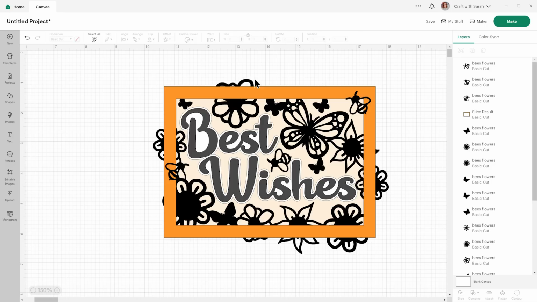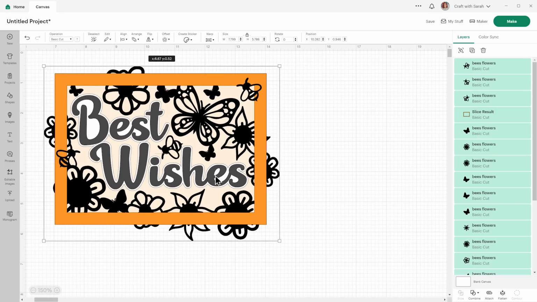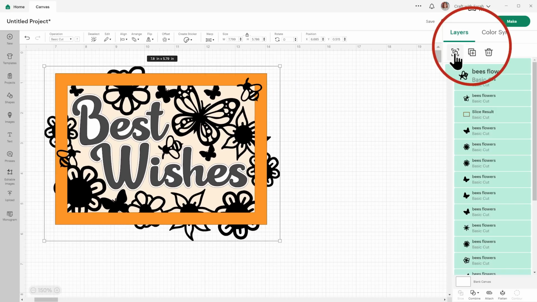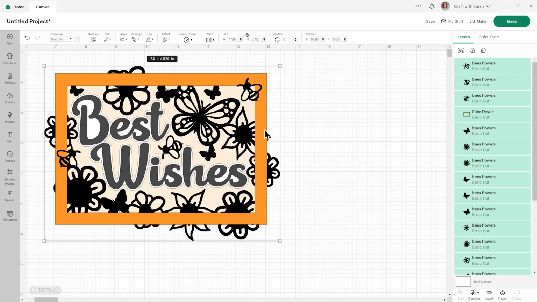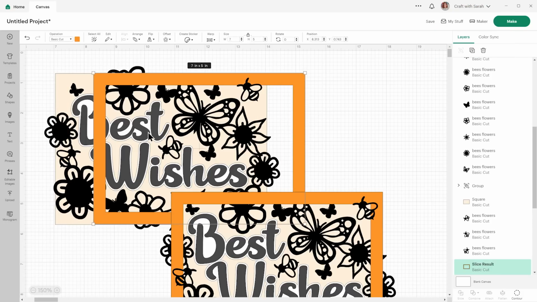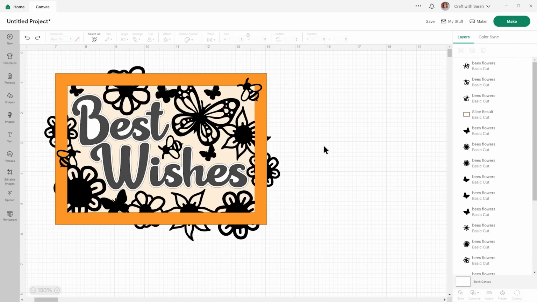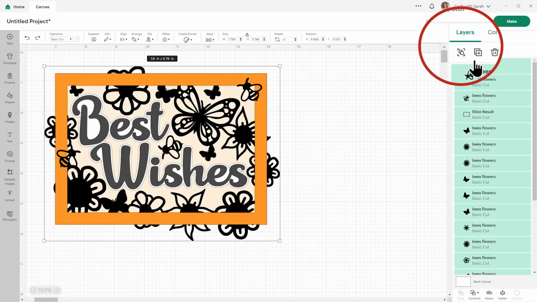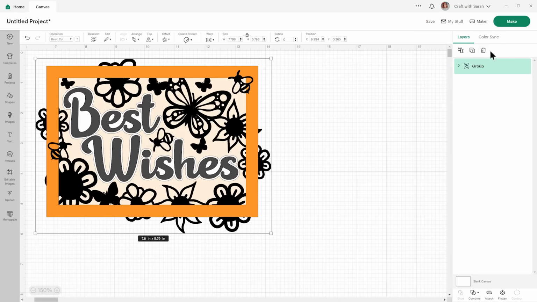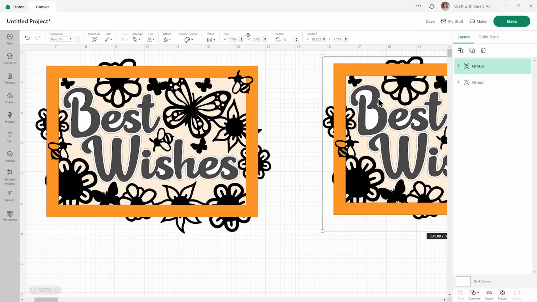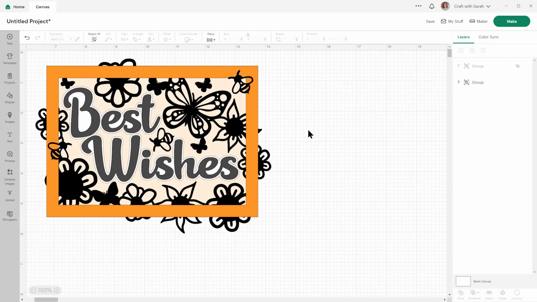All right, so at this point, I'm going to select everything and duplicate it to make a copy. We'll group it first. Group first, then duplicate. And then hide that duplicated one. This is just in case we want to go back and change the positioning if we're not happy with it after we've done the next step.